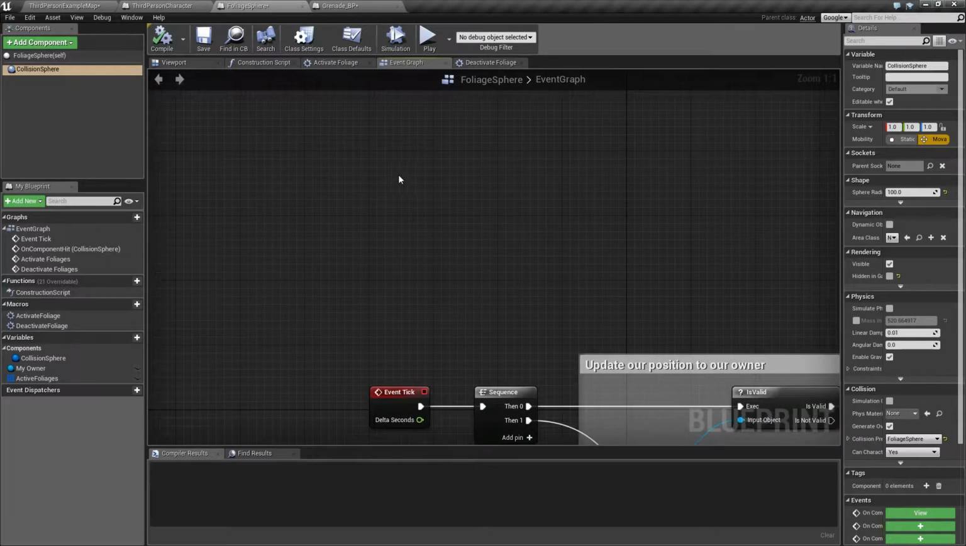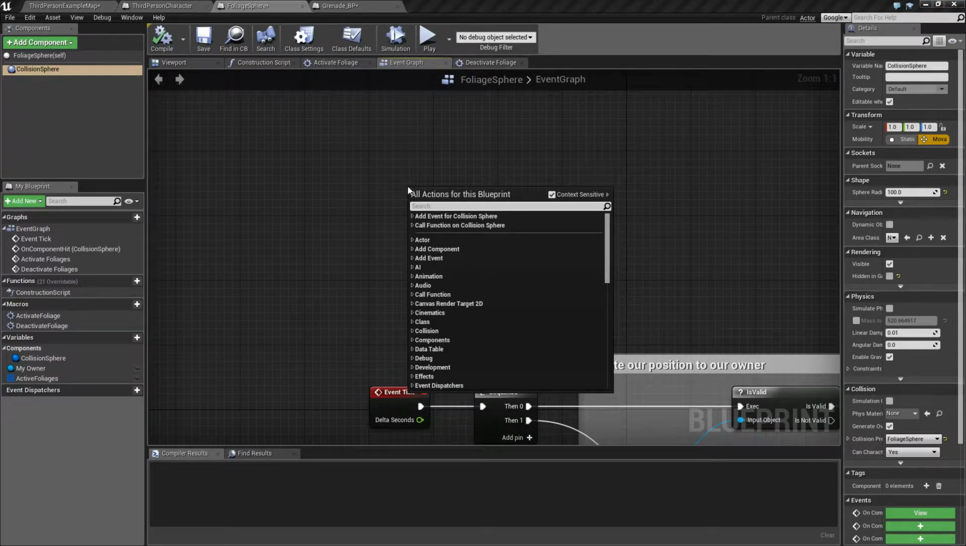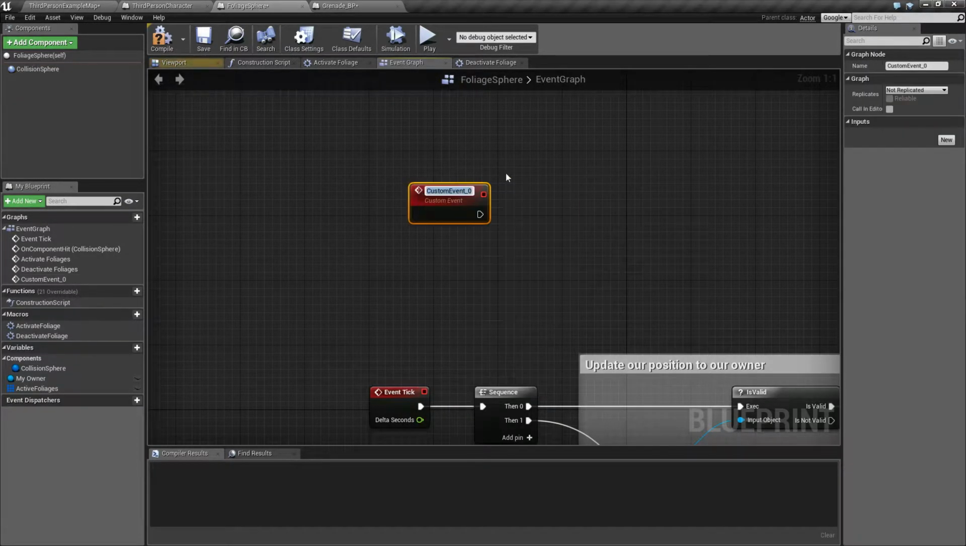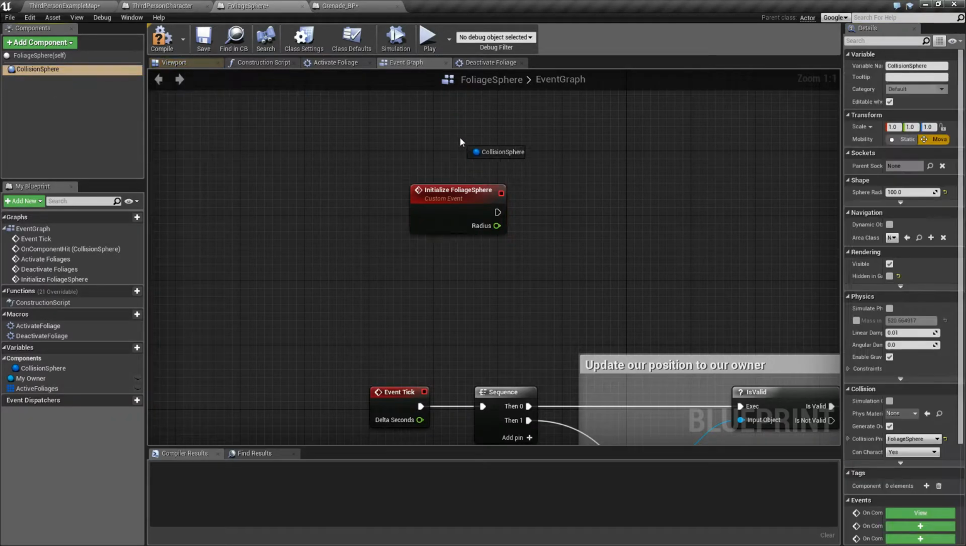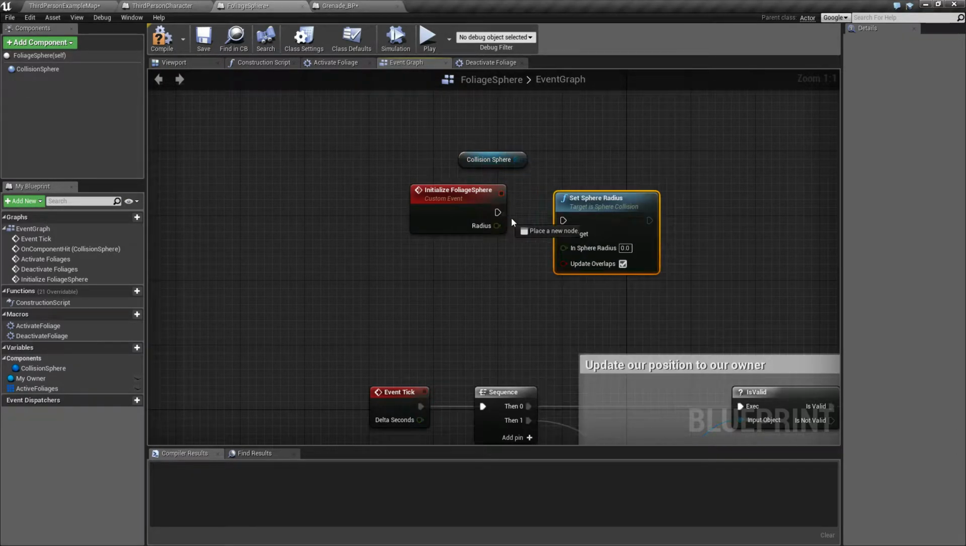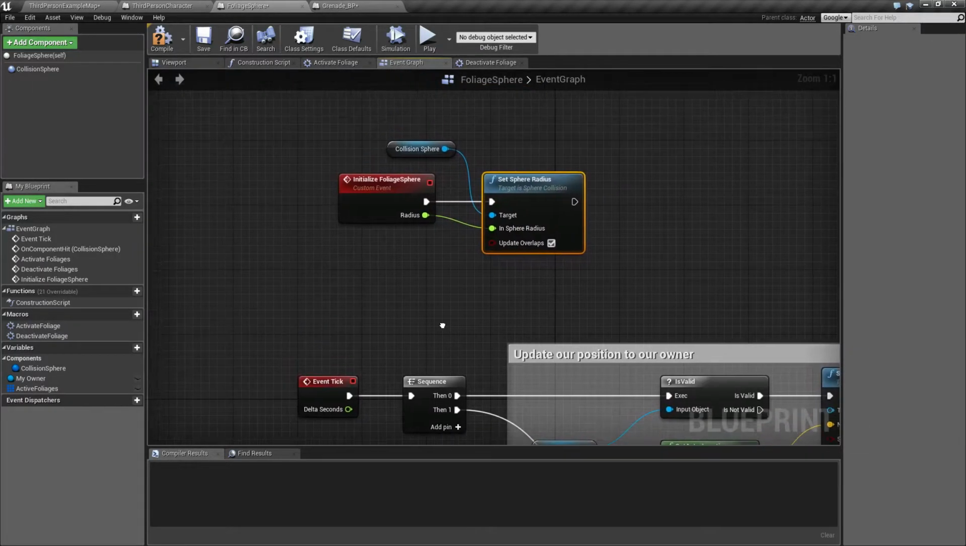So I'm going to find a clear space and create a custom event, and call this initialize foliage sphere, and it's going to take a radius, which is going to be a float, and when I call that, I want to set the radius of my sphere to this,